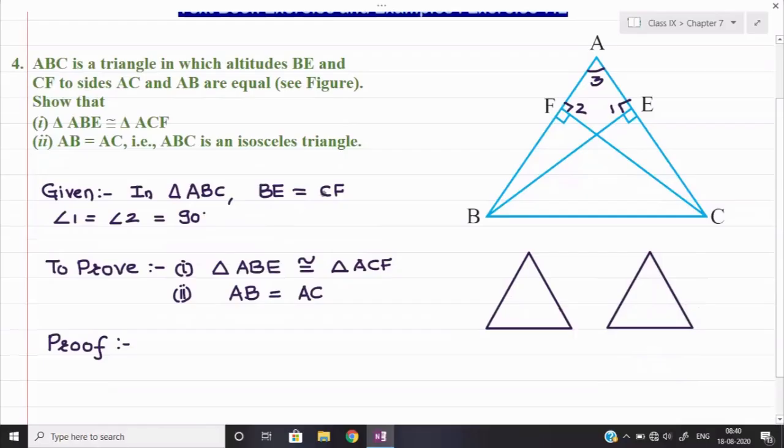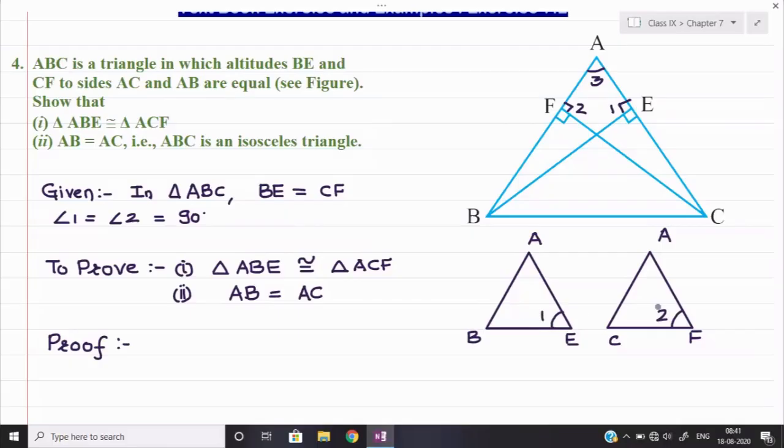First of all, you see two triangles I need to prove here congruent. The name of the triangle given in the question is A, B, and then this point is E. Similarly, the second triangle is A, C, and then F. First of all, look at the angle number 1. Angle number 1 is angle AEB. This is my angle number 1 and this is my angle number 2, AFC. Look at the main figure, then you will come to know angle AFC I marked as angle number 2.